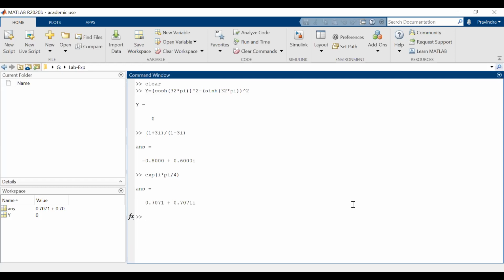You can also write e to the power pi by 4 i means cos pi by 4 plus i sin pi by 4. So you can find that pi by 4 means 1 under root 2, and this means 0.707. So you can check this. And